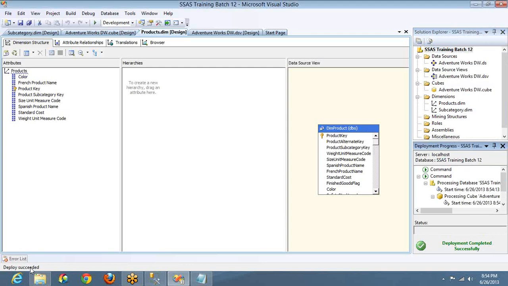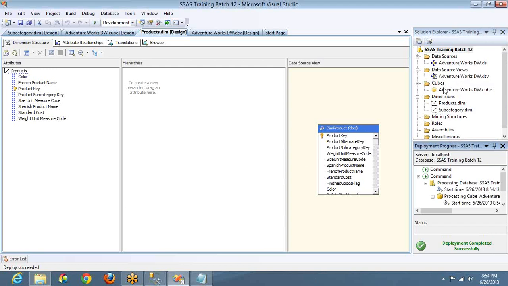Whatever the cube design, the attributes, data sources, data source views, cubes and dimensions you have added, everything will be taken to the server and it will deploy the skeleton there. Just the structure. It will take and deploy the structure you defined here.